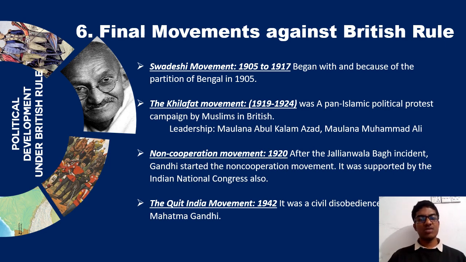In the non-cooperation movement, the people were asked not to serve the British Army, to boycott elections and legislative councils, and to refuse to pay taxes. Due to the non-cooperation movement, the Indian merchants and the mill owners enjoyed a good amount of profit. The import of sugar from Britain reduced, and Gandhi became the leader of the masses. And it was the time when Gandhi started the Quit India movement from 1942.